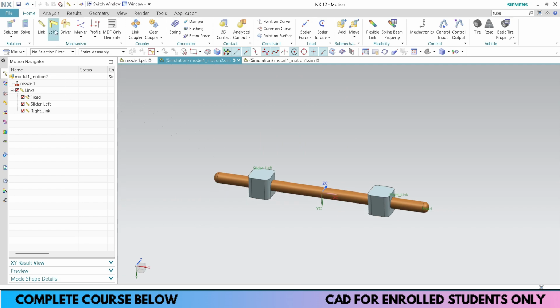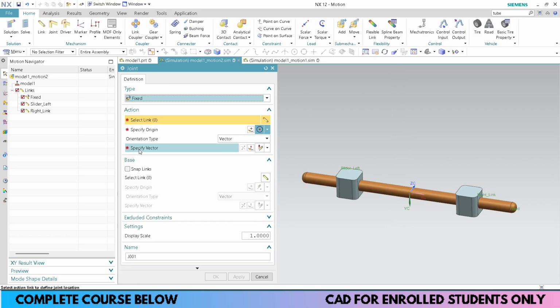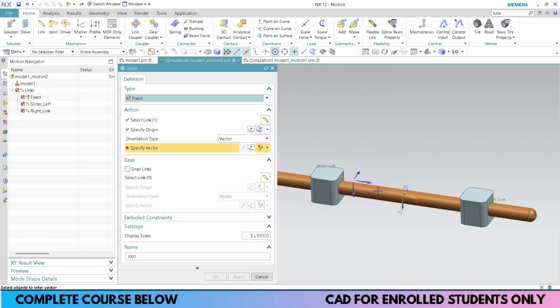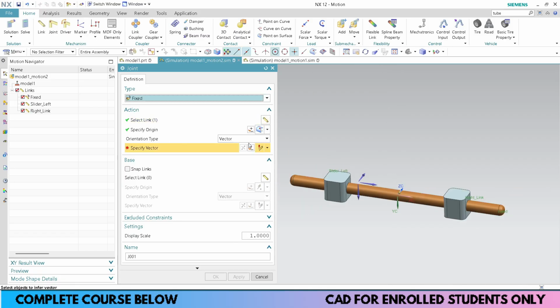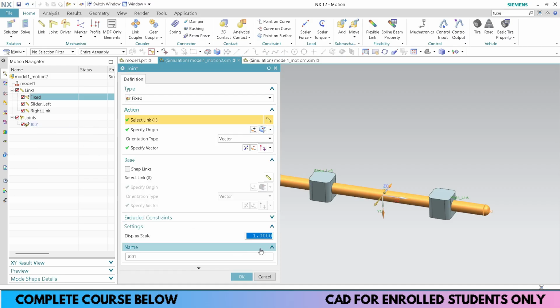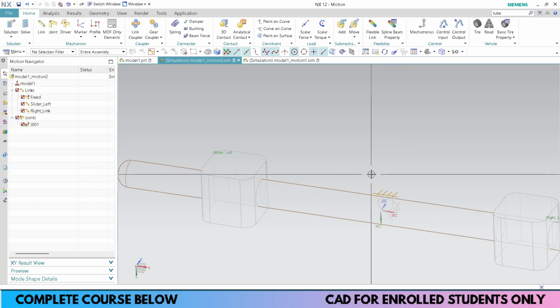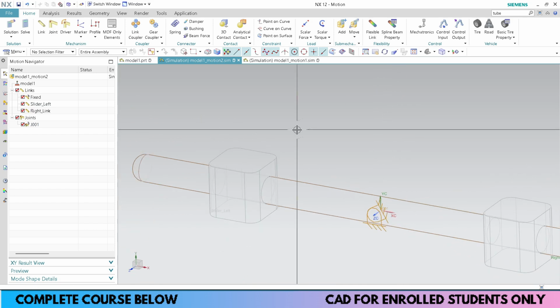And now I'm going to create a few joints. Click on this. Since this was my fixed link, this would also be having a fixed joint. So go to fixed, select this link, and vector actually doesn't matter here. So you can select anything, press OK. I actually wanted to see the icon larger in size. So 1.5 here. If I go to this wireframe view, I am able to see this joint has been created.